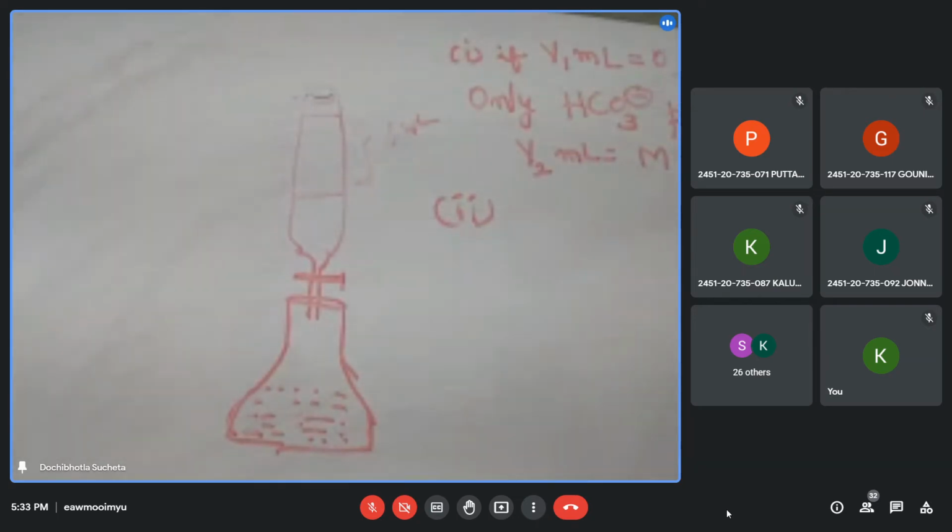Bicarbonate is absent. Had the solution got OH minus and carbonate, then the carbonate should have got converted to bicarbonate, and that bicarbonate that's present should have given yellow color with methyl orange. Now, because there is no bicarbonate, it straight away gave the red color, the end point color with methyl orange, showing that only OH minus ion is present.